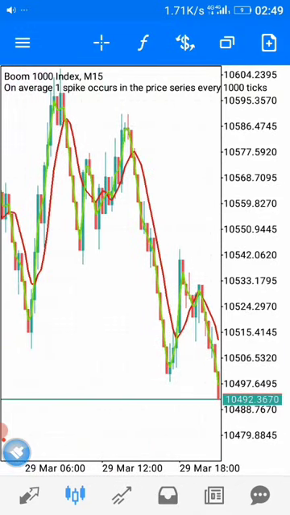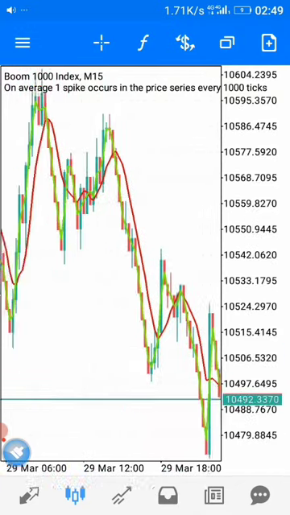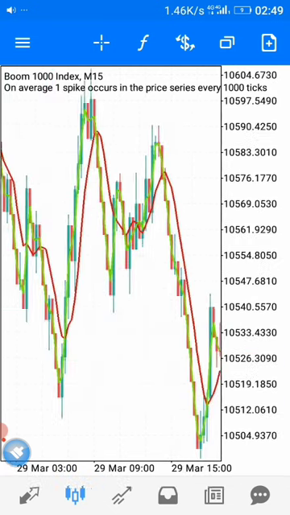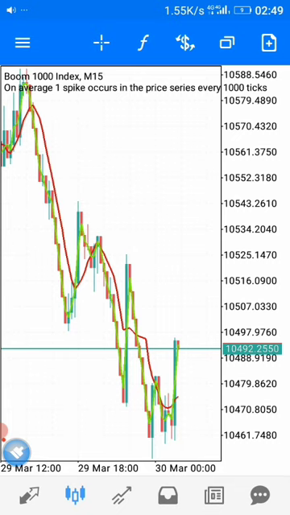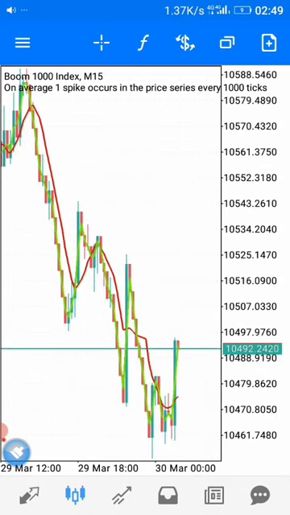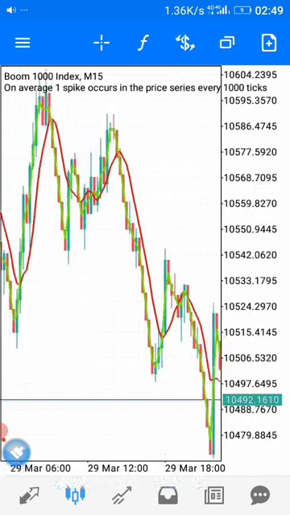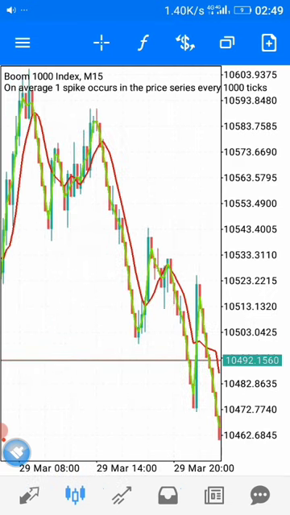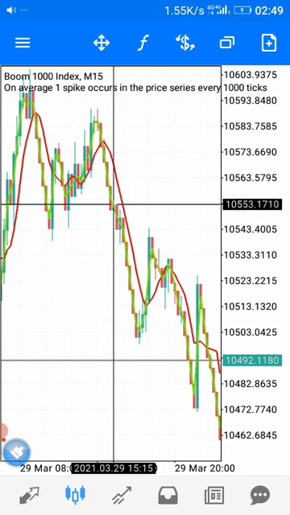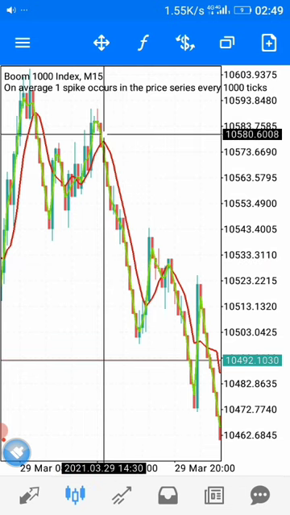Now if you take a critical look at the chart, take note that the higher the time frame, the longer the trend. That is to say, if the conditions are met on a higher time frame, the trend is most likely to go stronger. And if you look at this chart, this is boom market on 15 minutes chart.